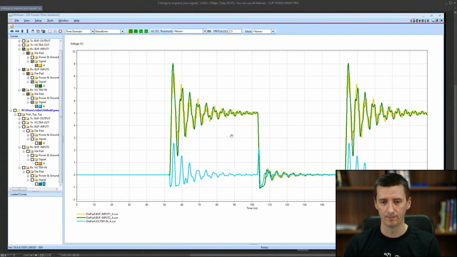Wow! Notice how big the noise is, how low this goes, and how high this goes.